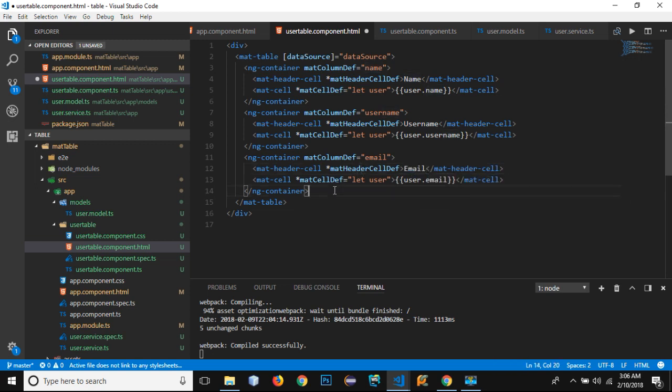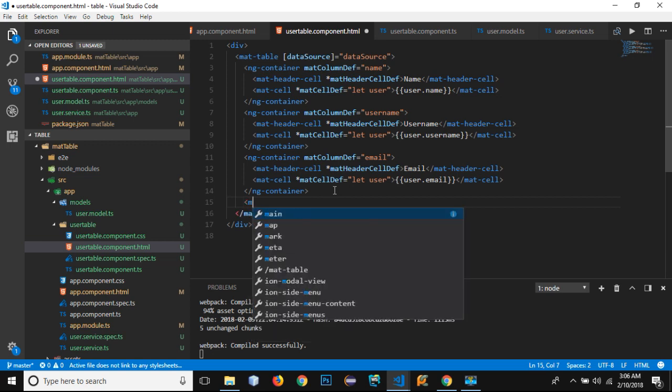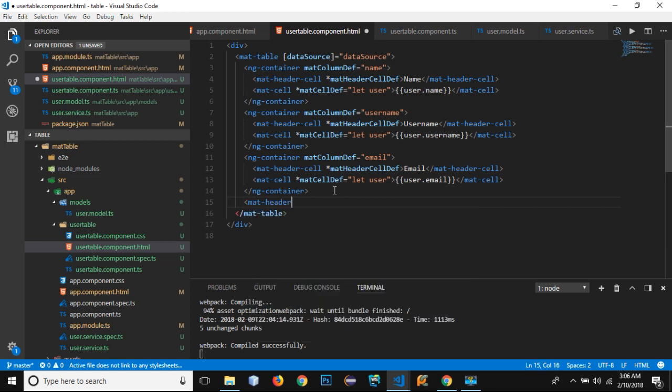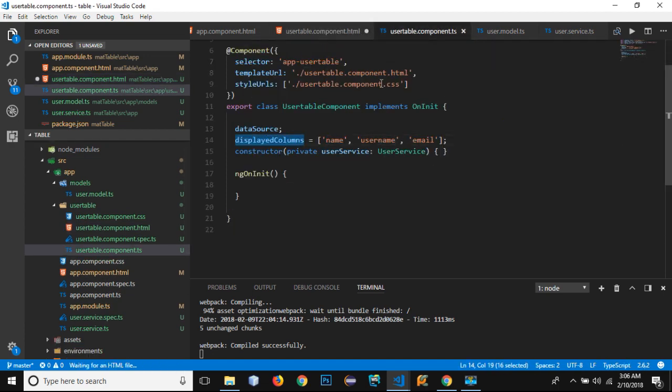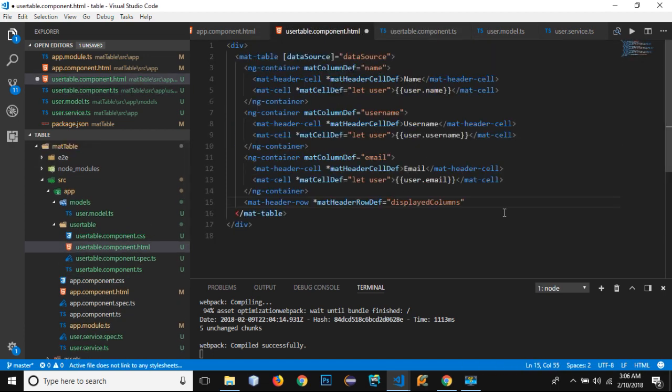Okay, and after the containers we need to show the data in our rows. So I'll be using mat-header-row *matHeaderRowDef, and inside it I need to give the name of the variable displayedColumns. So let's paste it,